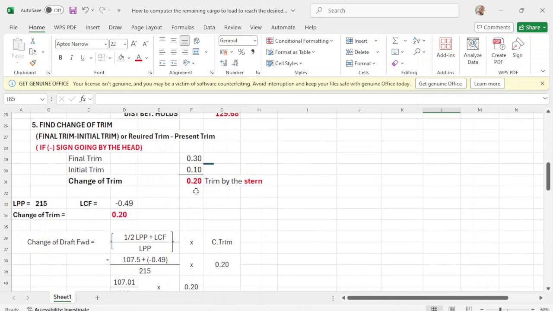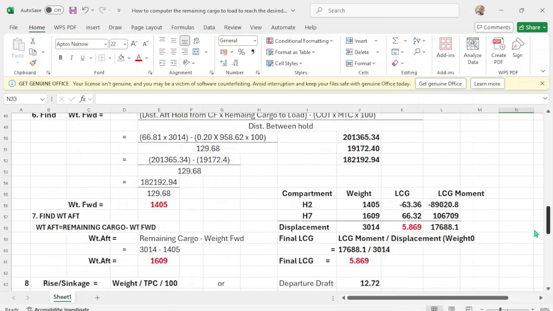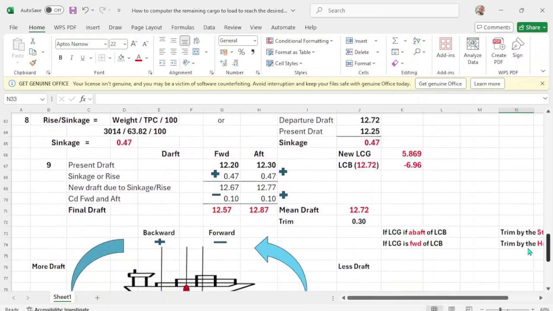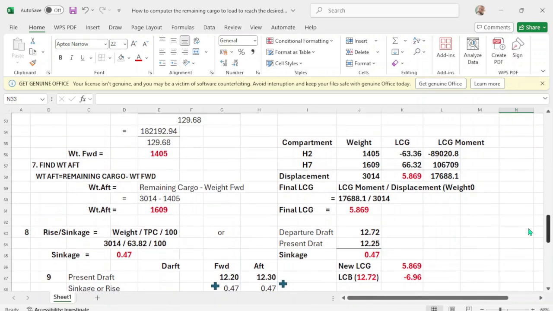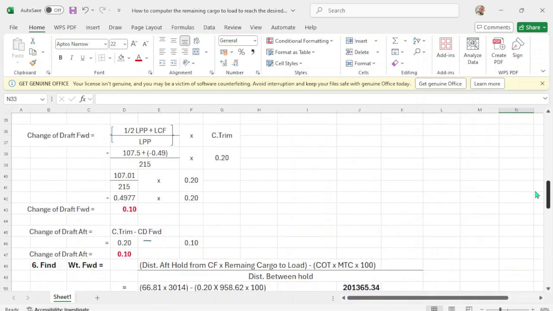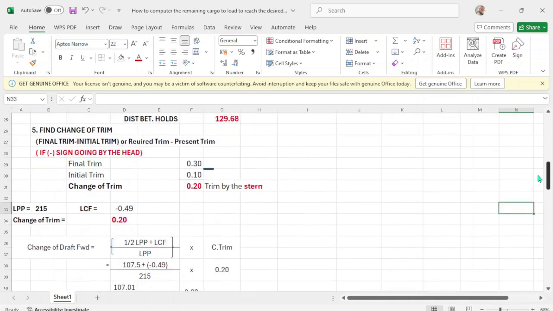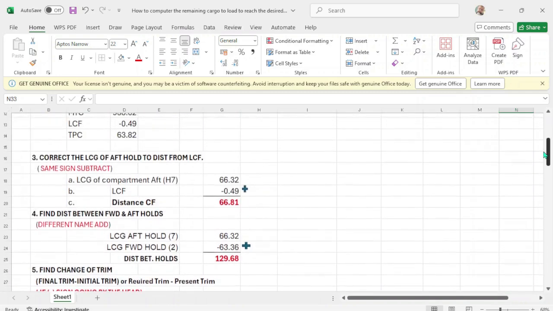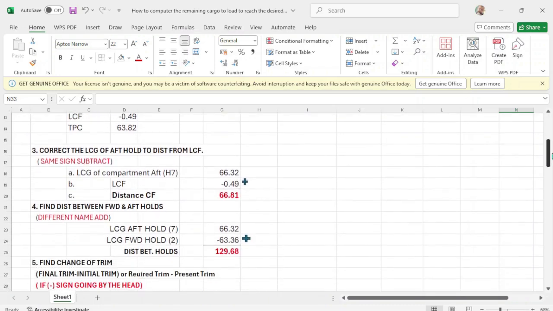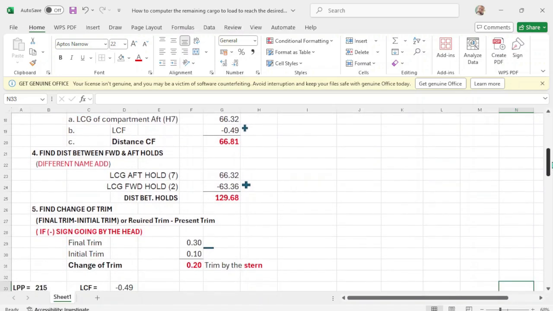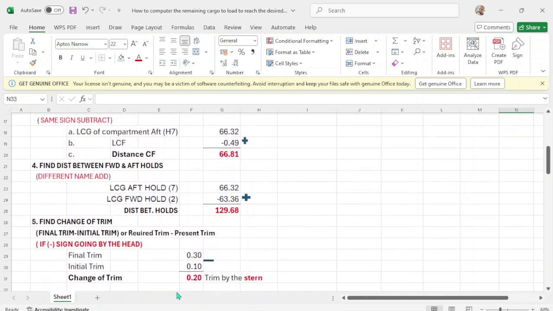I got here already change of trim, but okay, change of trim. So I got here change of trim. The change of trim, this one. Change of trim should be